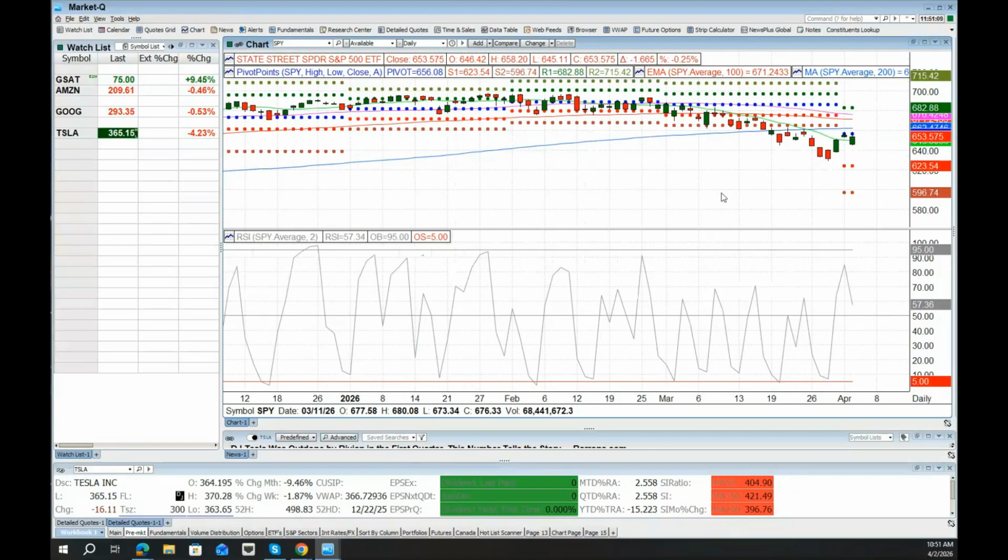So let's just say that gap didn't happen. My trigger to get into this would have been right there, below that swing low. That's my confirmation at that resistance range. And oftentimes you'll see that developing intra-session during the session. But obviously there are times that price will stall at that resistance area and just gap lower like we did today.